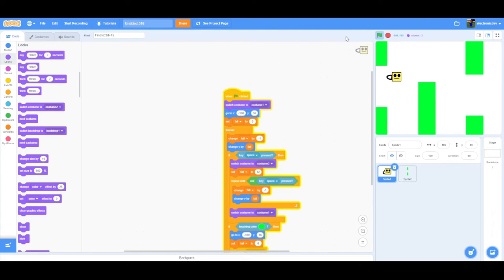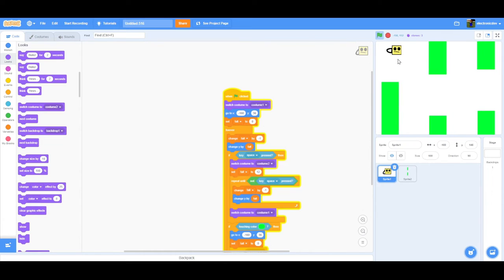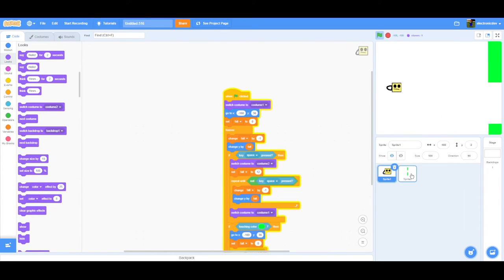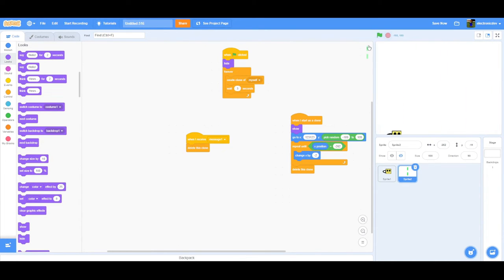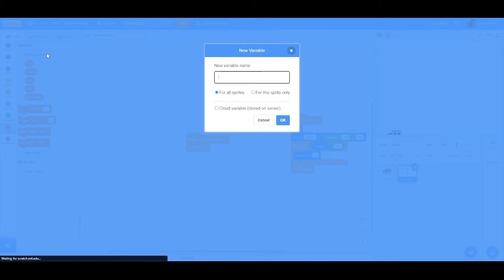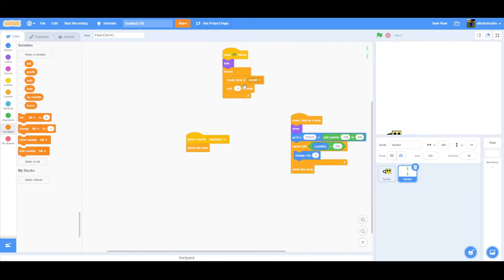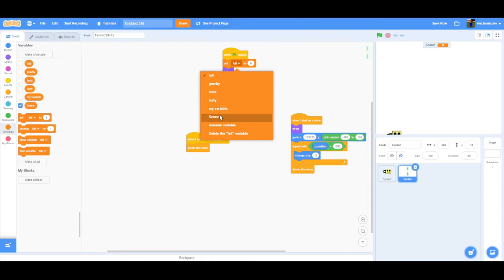But yeah, I think I add a score soon. So yeah, I add a score. To do score, and okay. So I show score and I move it to the middle of the screen. Yeah. So then I press set score to 0 at the beginning, and then